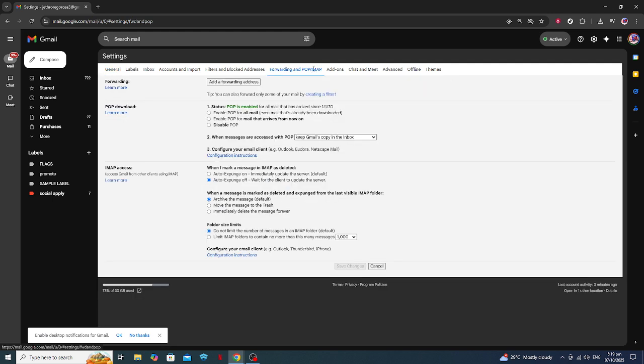For those who prefer using POP3, you'll see several settings under POP Download. To enable it, simply check the option to enable POP for all mail or just for mail that arrives from now on. If you're curious about which setting to choose, feel free to enable POP for all mail to maximize